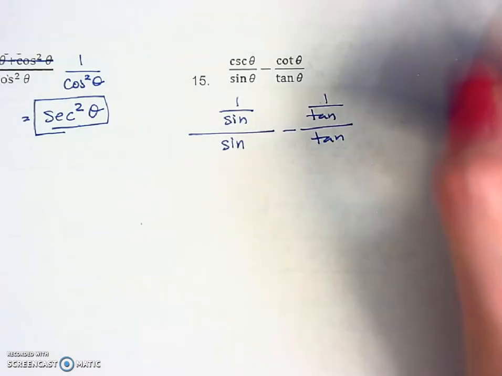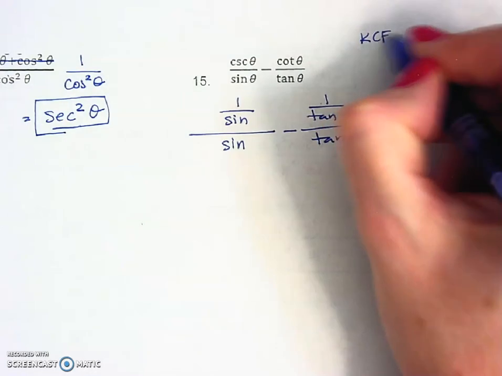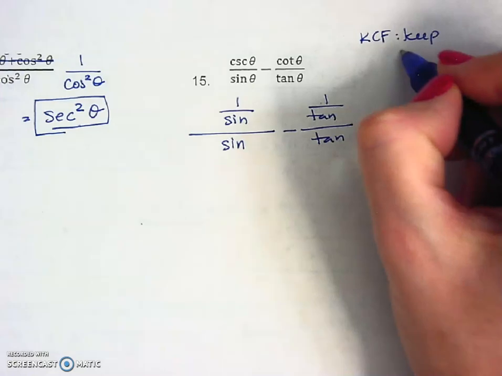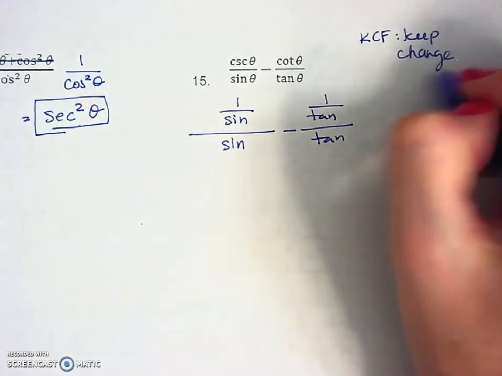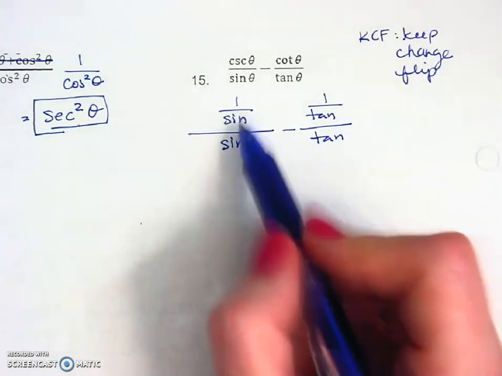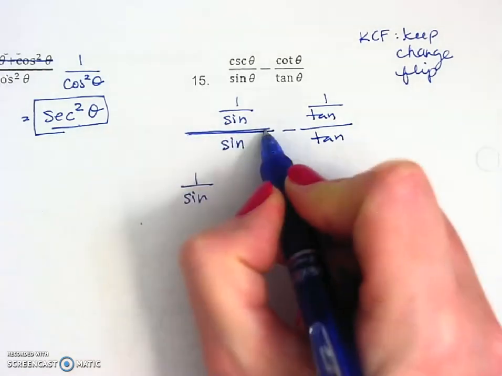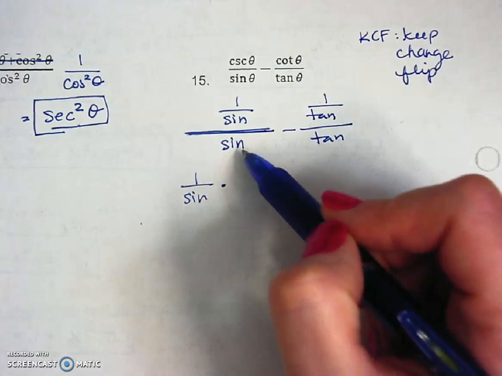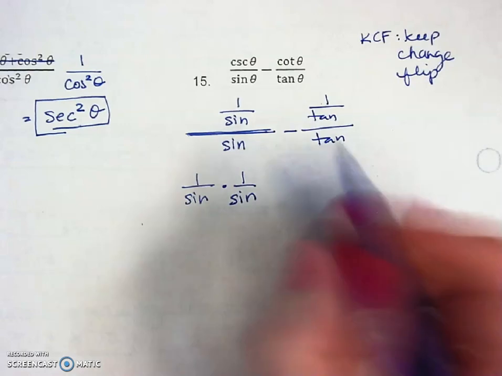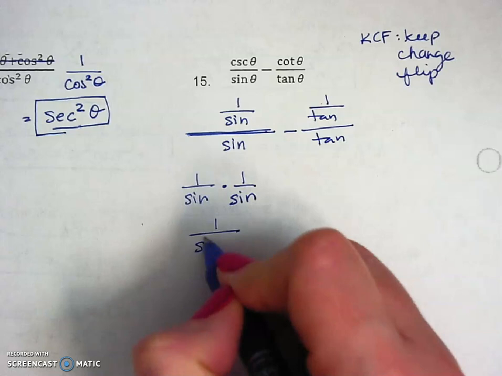And when you have this, called a complex fraction, you want to keep, change, flip, or multiply by the reciprocal. Keep the top the same, change division to multiplication, and flip the bottom value. So keep the top the same, 1 over sine, change this division right here to multiplication, and flip the bottom. So instead of sine, I'm going to have 1 over sine. Okay, and now multiplying fractions across the top and bottom gives me 1 over sine squared